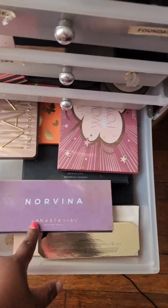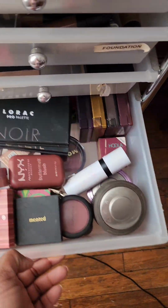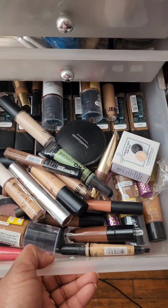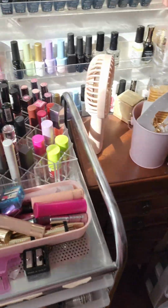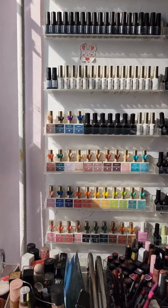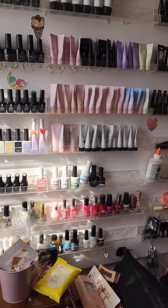We have more eyeshadow palettes, blushes, highlighters, Urban Decay, more palettes. And this is all customer makeup. I used to do people's makeup, so a lot of extras of that. And then this is all my lippies. These are all of my